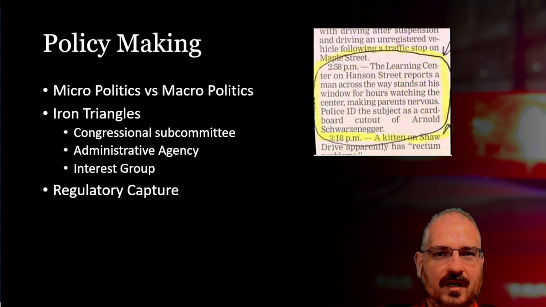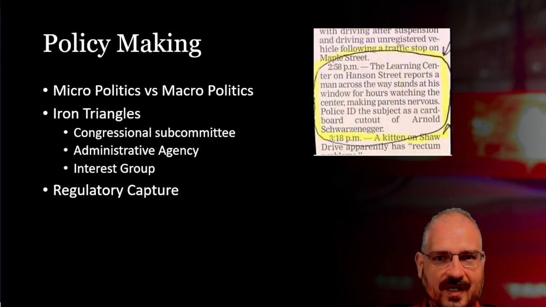So, you know, if we want to put in a new power plant in a certain spot, in a certain state, the subcommittee that's responsible for energy and the administrative agency, say the EPA or the Department of Energy, and then the company that wants to build the power plant would get together, figure out what the regulations are going to be, figure out how the paperwork's all going to get done, whether they're going to get approval or not. And it's really this very small group of businesses or individuals and legislators and regulators that get together and made essentially all of the decisions about how that process was going to work, right?